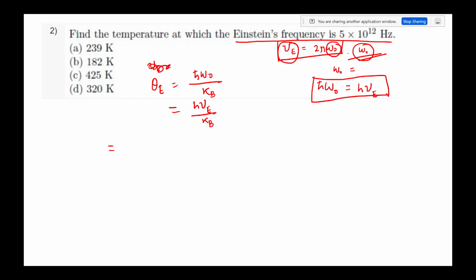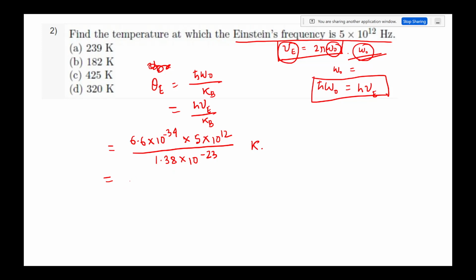And what was the value of h? This is 6.6 times 10 to the power minus 34, and nu E is 5 times 10 to the power 12 Hz, divided by kB, which is the Boltzmann constant, 1.38 times 10 to the power minus 23, right? So this will be in Kelvin, right? Now if you do the calculations, it is becoming